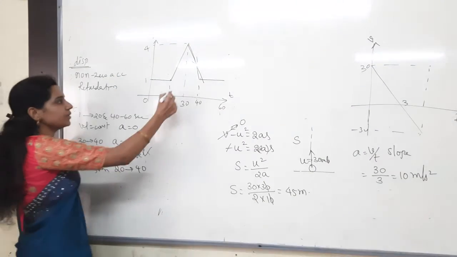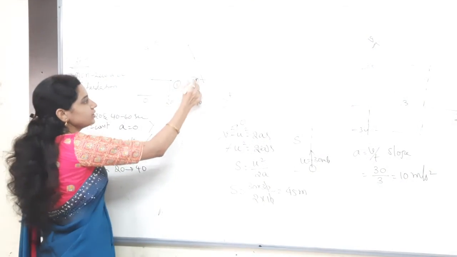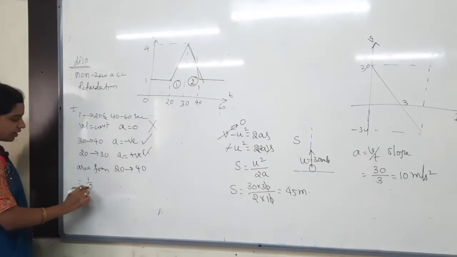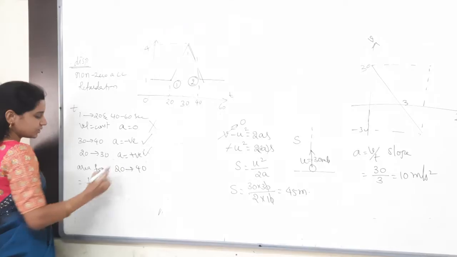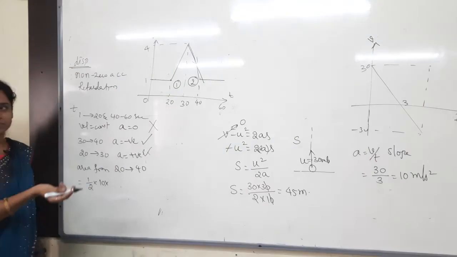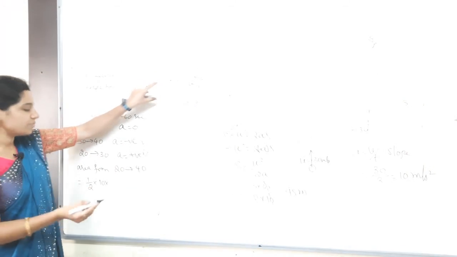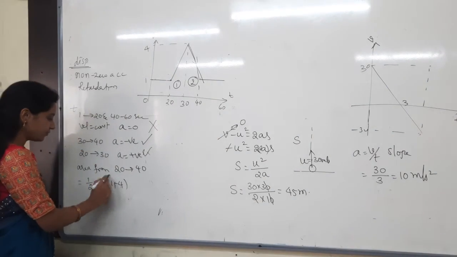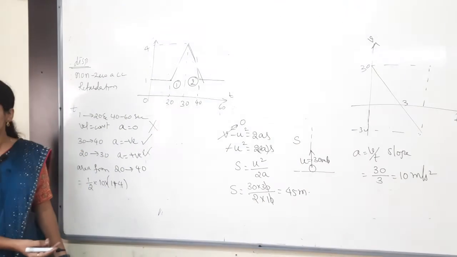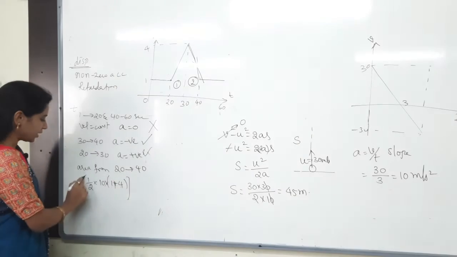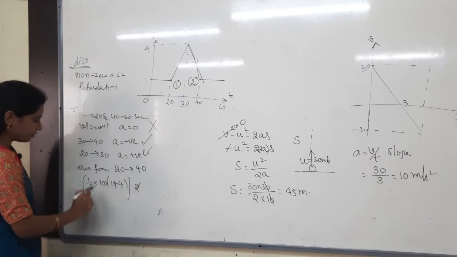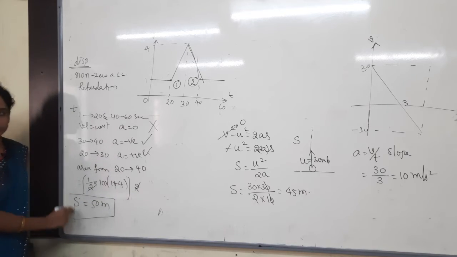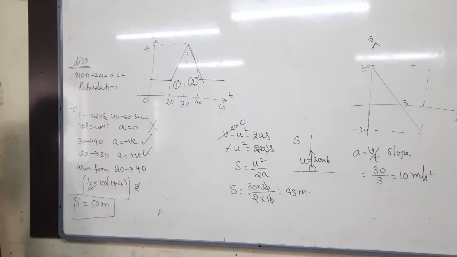For that, let me take this as the first one and then the second one. Area of the first trapezium. What is the formula I said just before? Half into base is how much? 10. Two heights you have to consider, na? I said one height is how much? 1. Another height is 4. 1 plus 4. The second one is also the same only. So 2 times you have to do. Then what happens here? 50 meters is the correct answer. Understand it clearly?